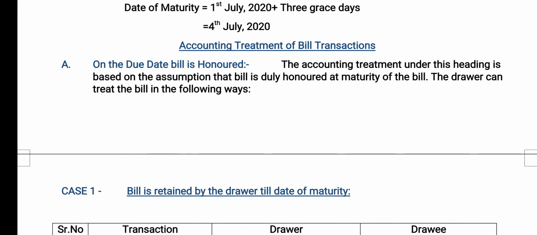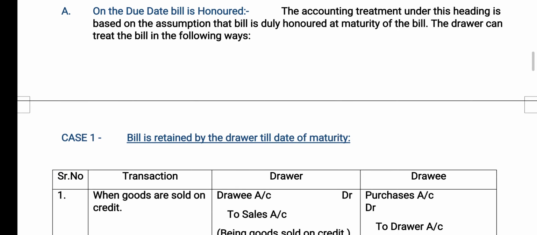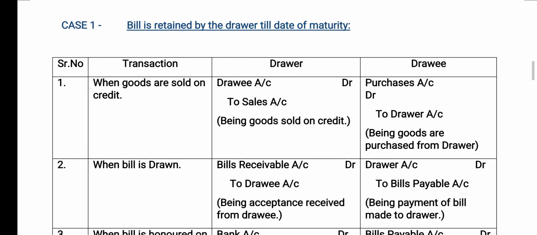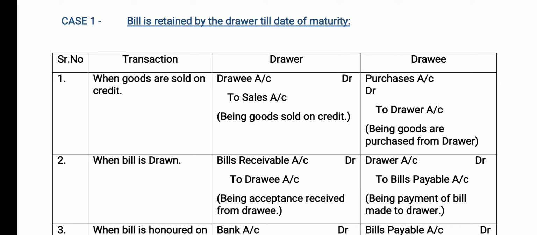Then the accounting treatment under this heading is based on the assumption that the bill is duly honored at maturity of the bill. The drawer can treat the bill in the following ways. So we have 4 cases, but in today's class we will discuss only case 1. Case 1 is: the bill is retained by the drawer till the date of maturity, meaning the drawer gets the amount on the due date. So children, for that, first of all we will do the transactions in the books of both